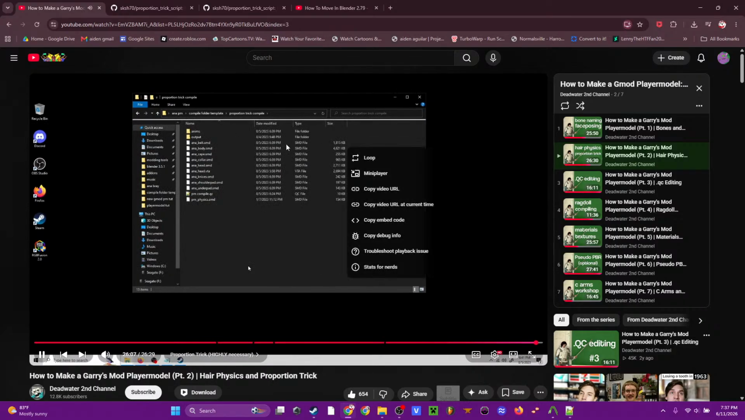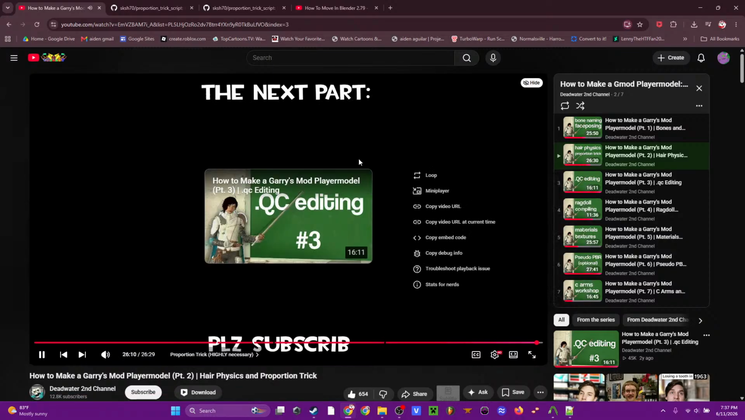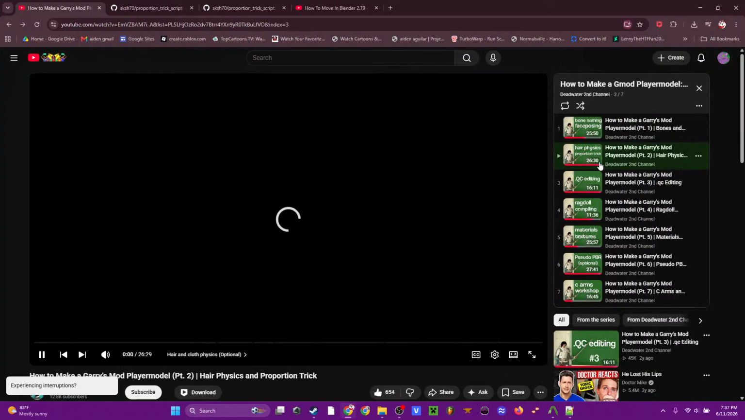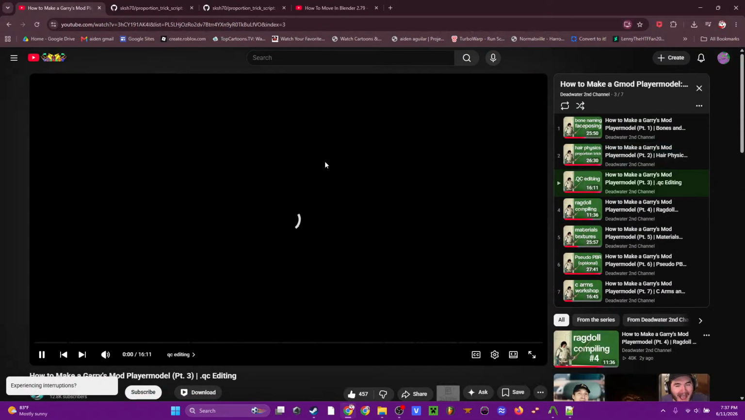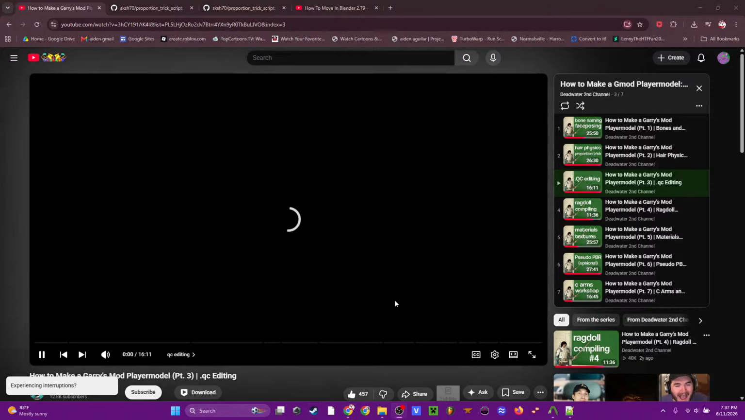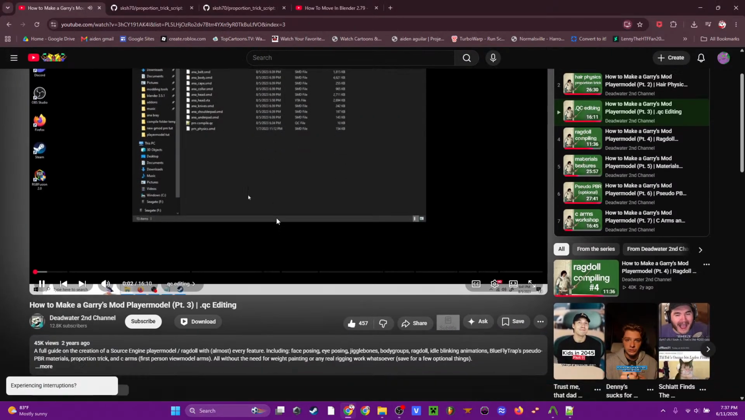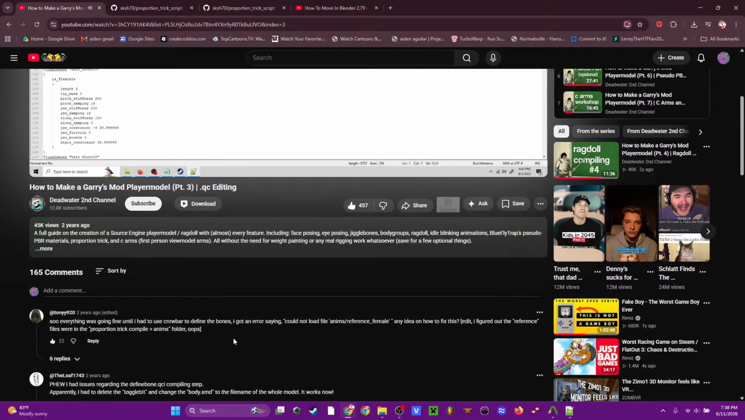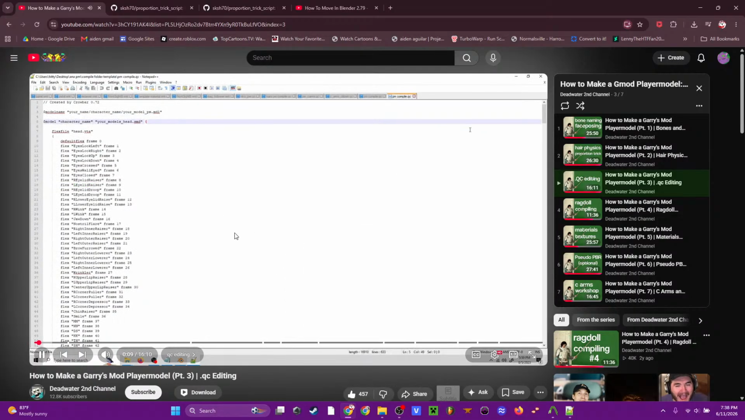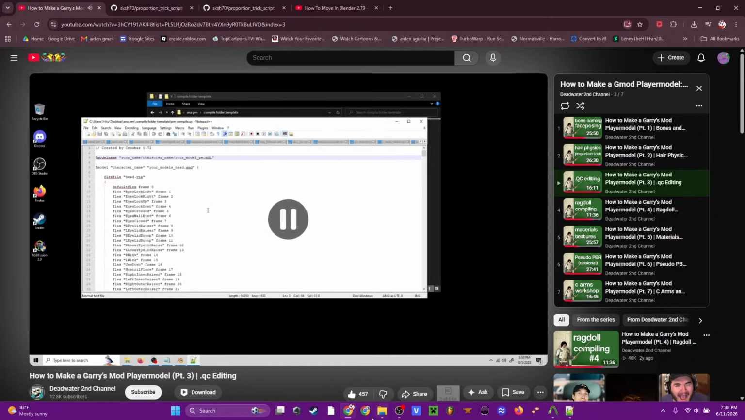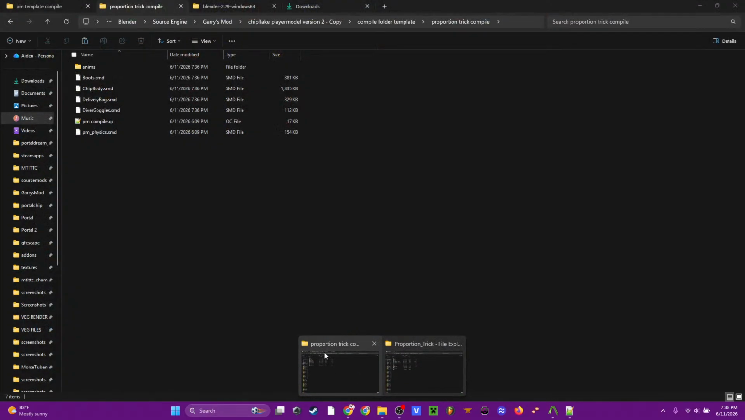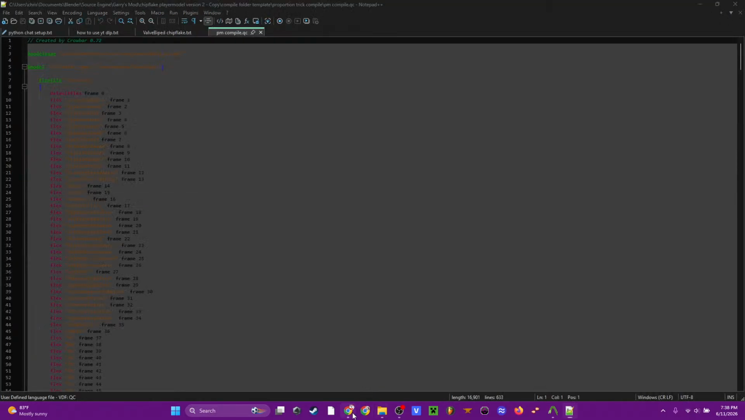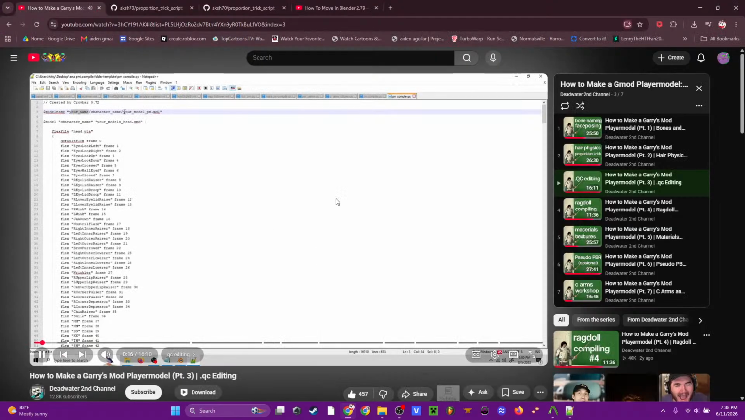Now is for the QC file editing. Okay, open that up with Notepad++. This is the template QC that I have included for you. What you're going to want to do is replace the your name, character name,